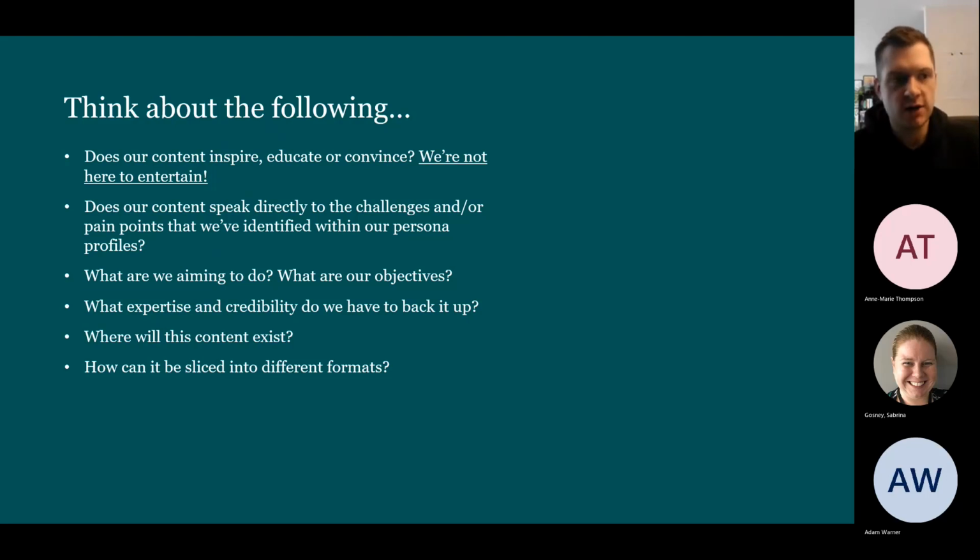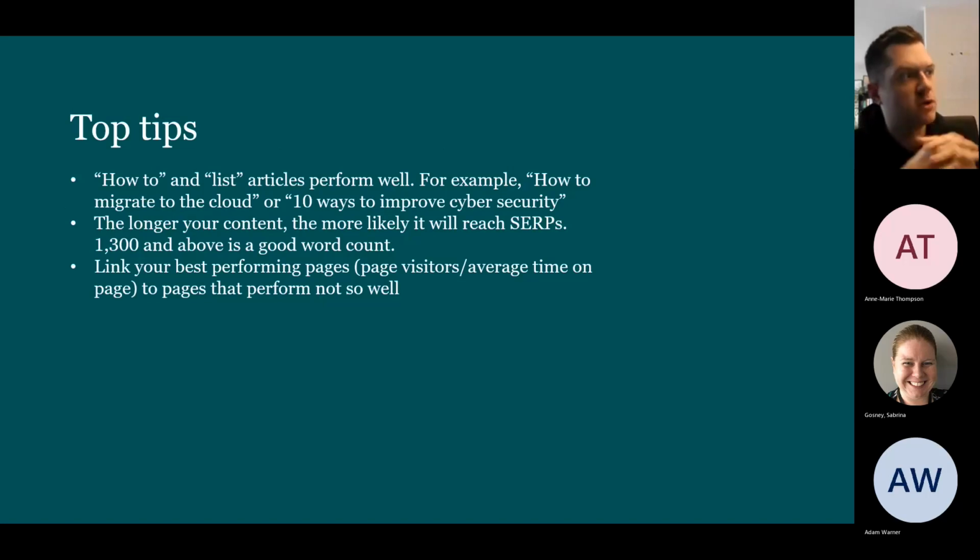How does that specific blog then become an email? How does that email and the blog, how do they become social tiles? How does that become organic posts? Is there a thought leadership opportunity? There's loads we can do just by thinking about what it is we're creating at the point of creating it. And then some very, very quick top tips in terms of creating content with intent.